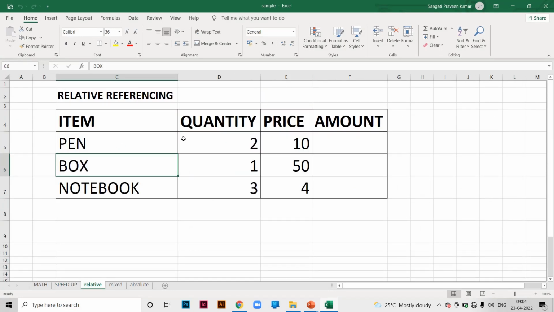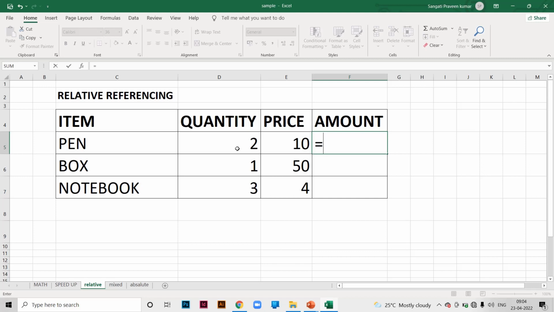See here, I had taken this quantity from that stock register. So for quantity and price, I need to insert the formula here. So it is equals to, what is this cell address, right, D5, and then I need to use the operator called multiply, and then E5, right, enter. The value is 20, right? So we need to show the formula